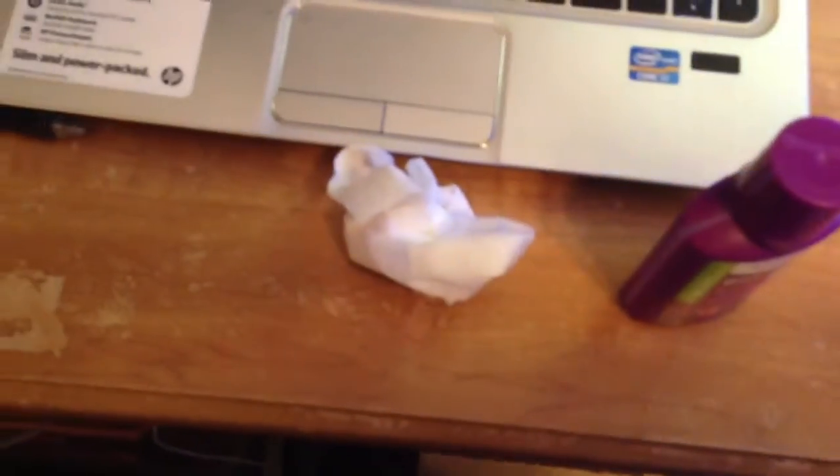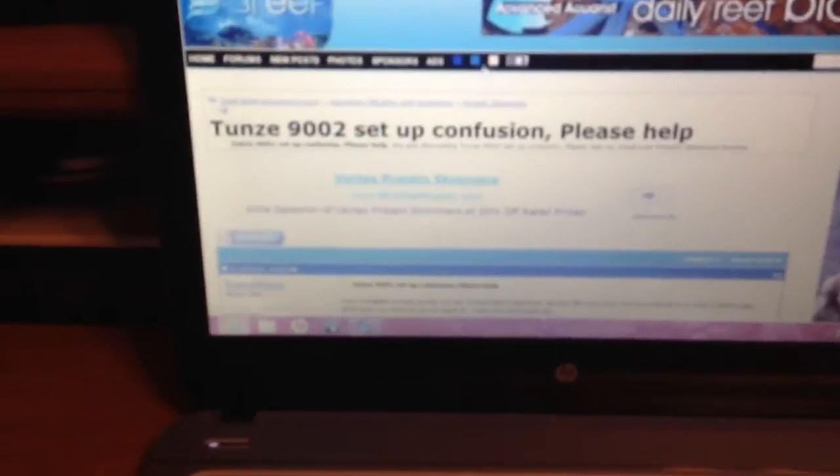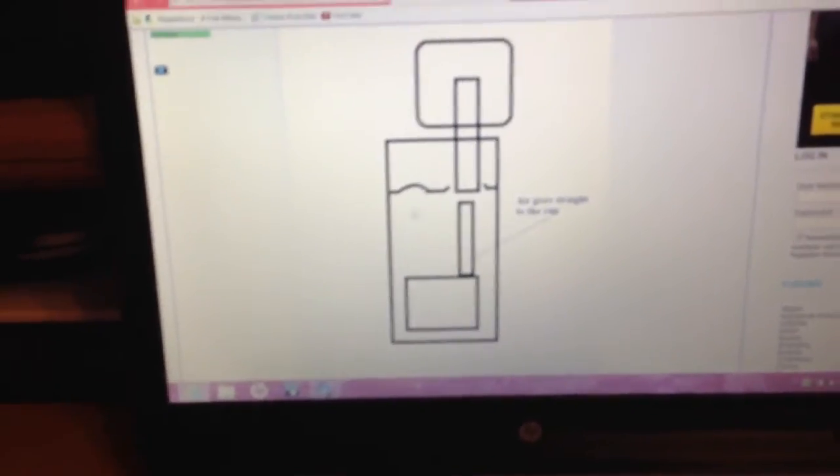One thing I want to go over is the Tunze 9002 skimmer for this tank. It's tricky in general, really. The directions are really vague. The pictures that they used in the instructions are not accurate. And I actually went online here to find out how to set this thing up, because this is usually what the picture said. The picture said right here